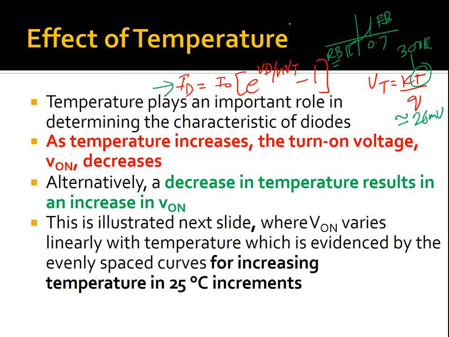When we increase the temperature, the minority carriers inside the semiconductor increase, and their movement increases. Their movement can bring a slight decrease in the depletion region, due to which the turn on voltage decreases with the increase in temperature. If the temperature decreases, the concentration of minority carriers decreases further, and the turn on voltage increases. This is the characteristic in the forward bias region.